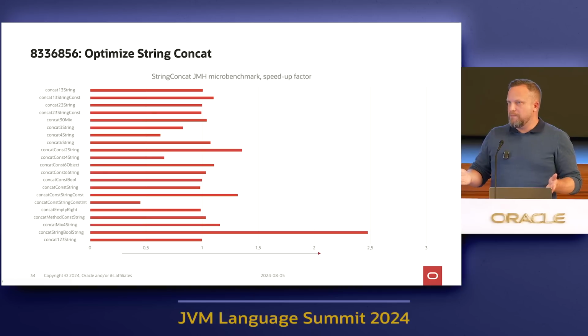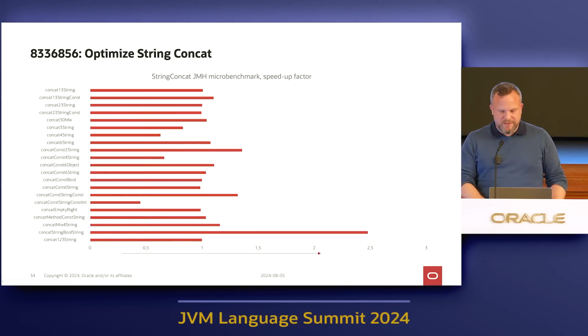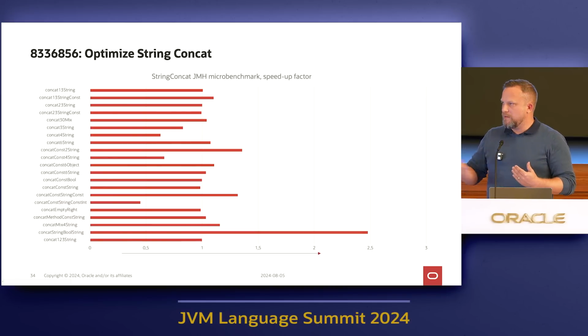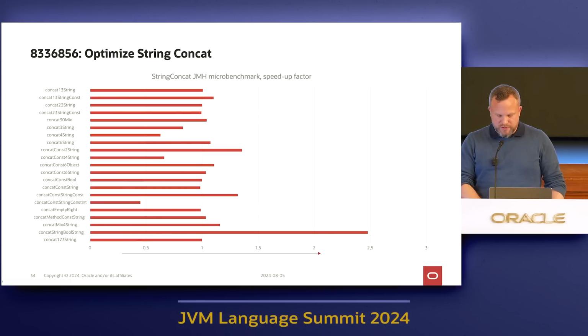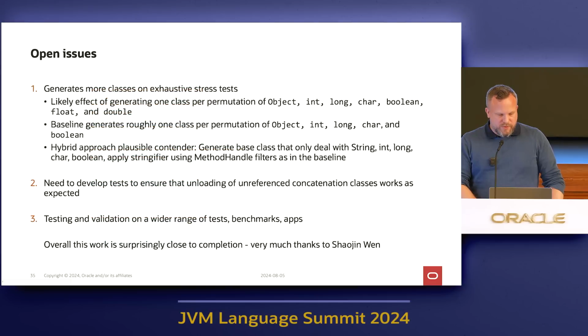We don't expect to be better than the baseline implementation for throughput for this. We just want to make sure we have parity in performance on throughput, but a nicer story for startup and getting there. And yeah, overall, it's pretty nice. We have some open issues, like on that exhaustive 4-arity stress test, we generate about twice